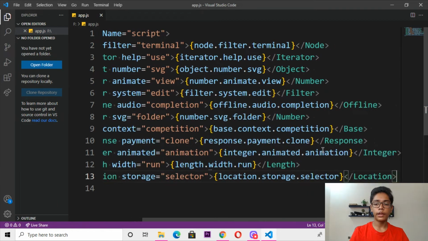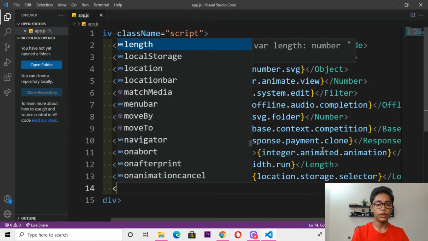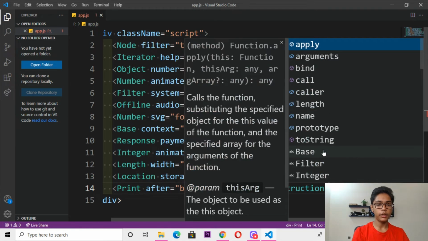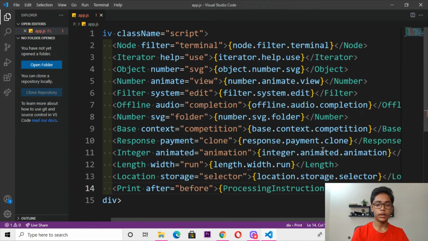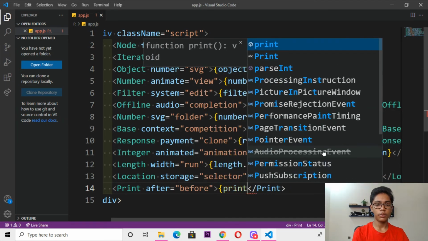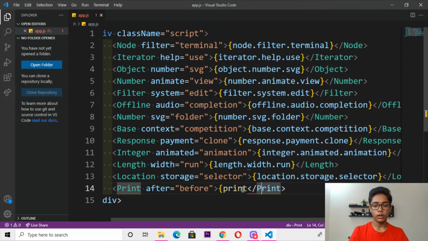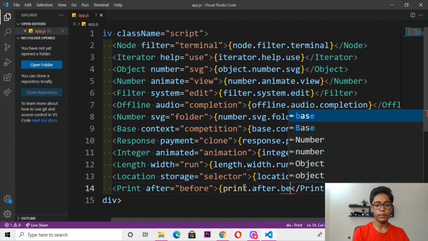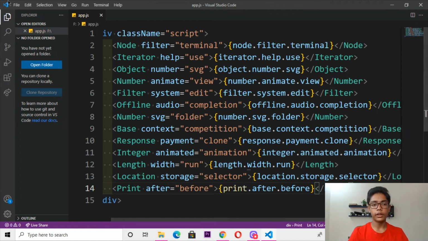Now when you've done with all that, here I will be moving down, then I will be writing a tag which will be like print after equals to, then change that to before, and here I will be closing that, writing print dot after. So here I'll be writing print, okay, change here, and now write dot after dot before. Here I will be closing that, save this file from here, and if I show you in the Google Chrome,